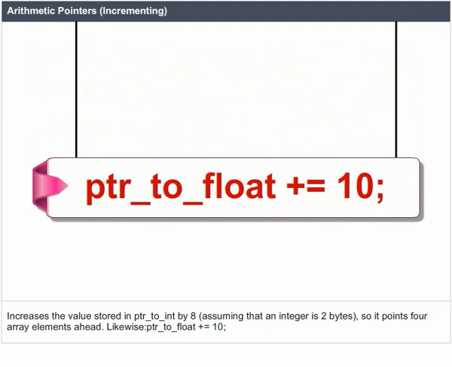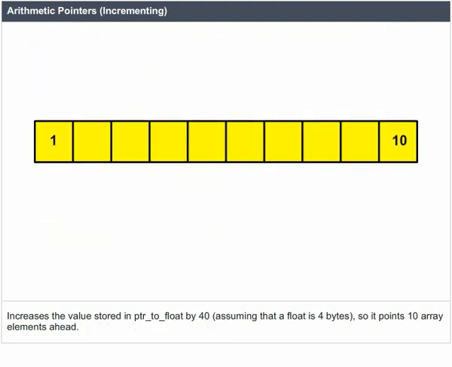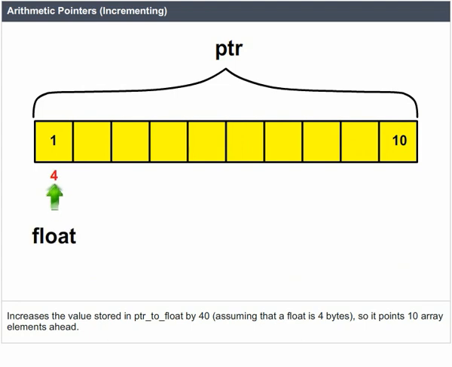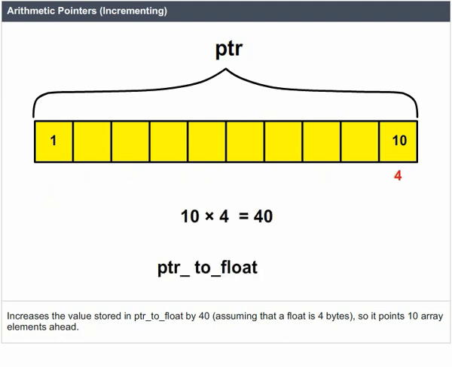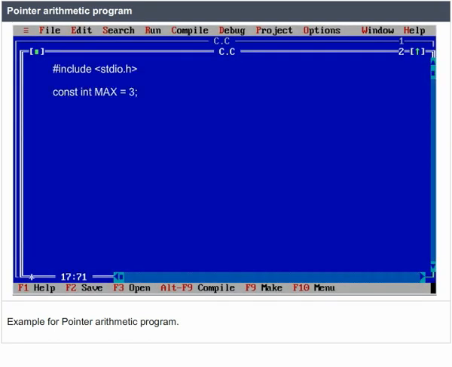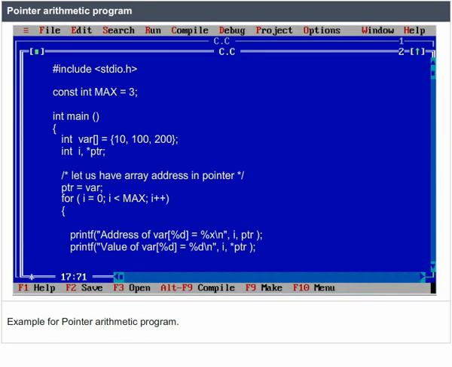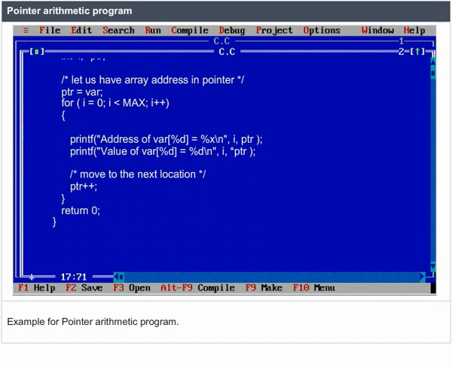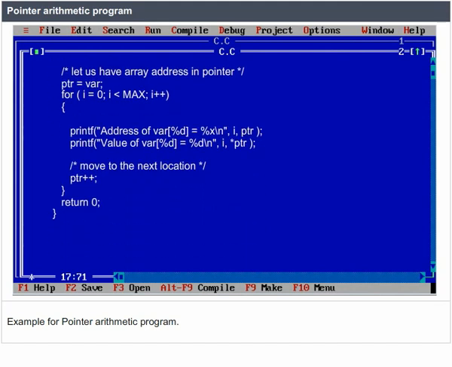Likewise, ptr_2_float += 10; increases the value stored in ptr_2_float by 40, assuming that a float is 4 bytes, so it points 10 array elements ahead. Example for pointer arithmetic program. Output: